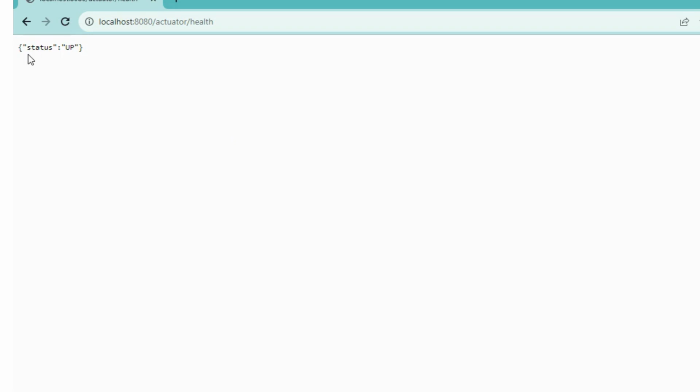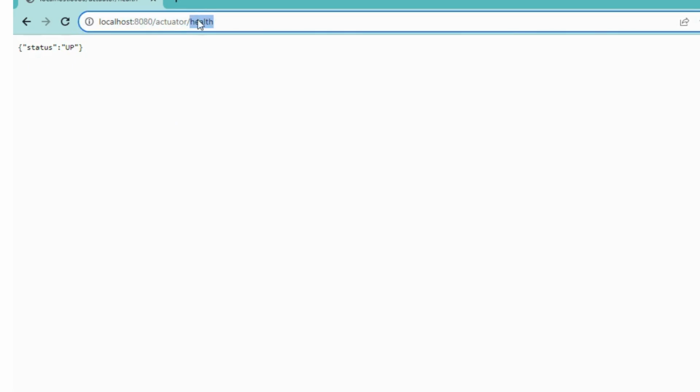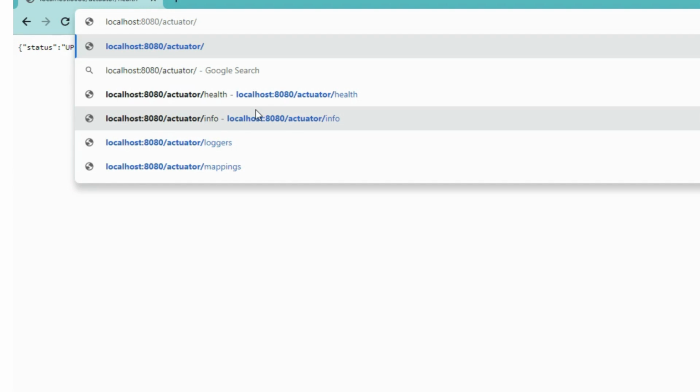You are not doing this task all manually; you write some script, or there is some other system which is doing this. So how will it know your application is up and its health status is good? You can expose these endpoints and check: okay, status is up and everything is good, I can move to the next instance. Other endpoints are like actuator, another is I think loggers,